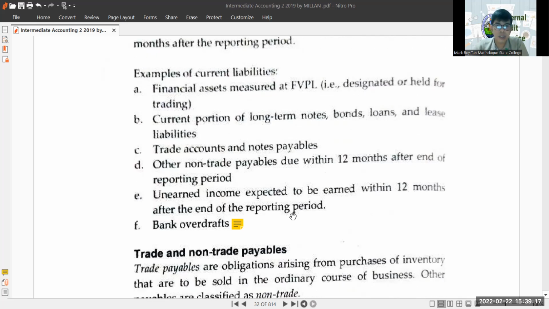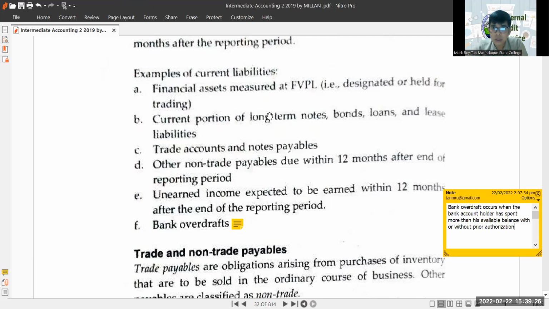Okay, meron tayo dito bank overdrafts. So luckily, pwede ako maglagay ng note dito sa PDF kahit scan siya. So pull out ko lang siya. Ayan. So just a refresher, ano ba yung bank overdrafts? Bank overdraft occurs when the bank account holder has spent more than his available balance with or without prior authorization. So, ang ibig sabihin ng bank overdraft class is, itong mga business entity,